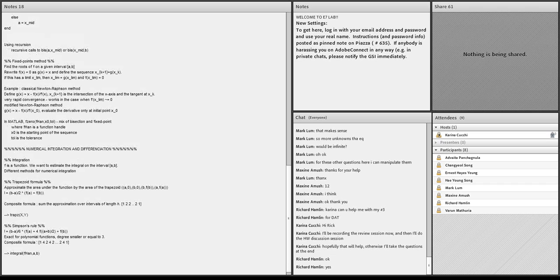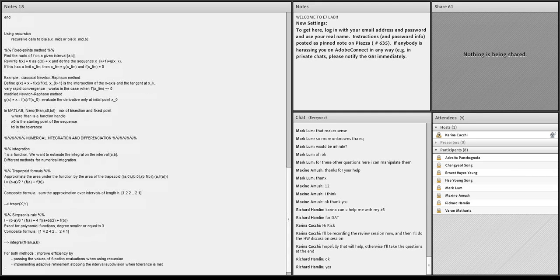So remember that for both methods you can improve the efficiency of the implementation by passing the values of the function evaluations when using recursion, so that you don't evaluate the function at the same point several times. And also remember that you can implement adaptive